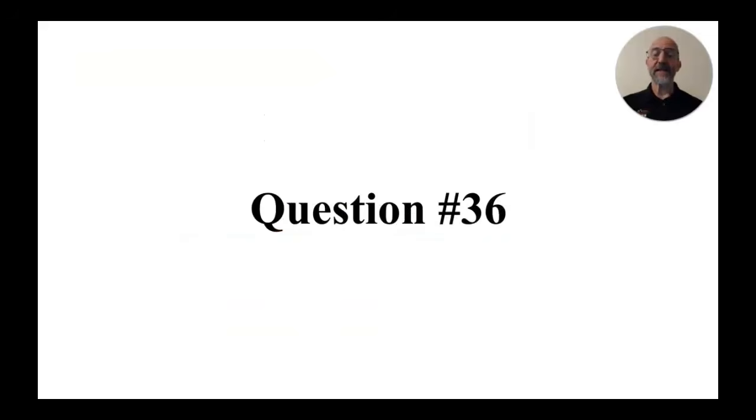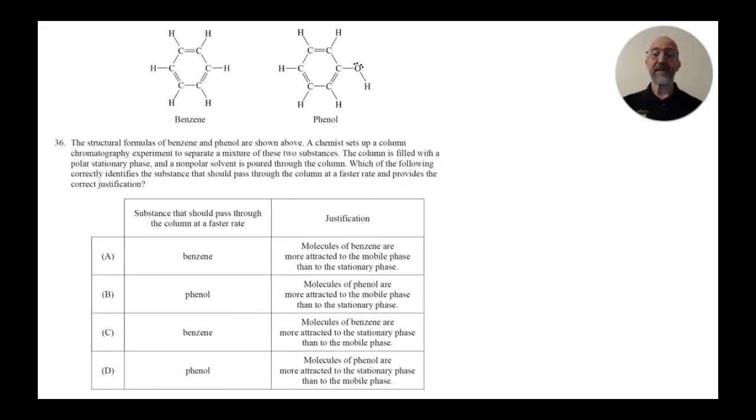Question 36 involves a chromatography experiment. It says, the structural formulas of benzene and phenol are shown above. A chemist sets up a column chromatography experiment to separate a mixture of these two substances. The column is filled with a polar stationary phase, and a non-polar solvent is poured through the column. Which of the following correctly identifies the substance that should pass through the column at a faster rate and provides